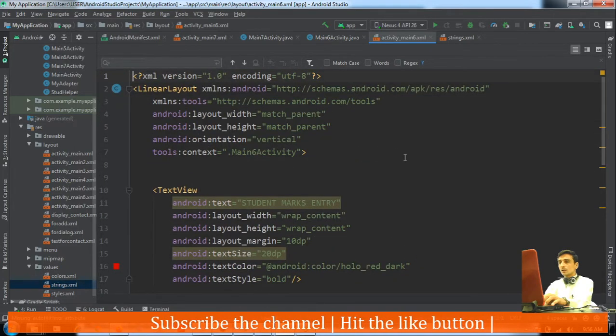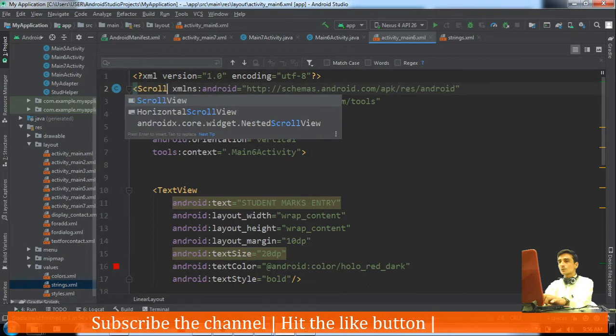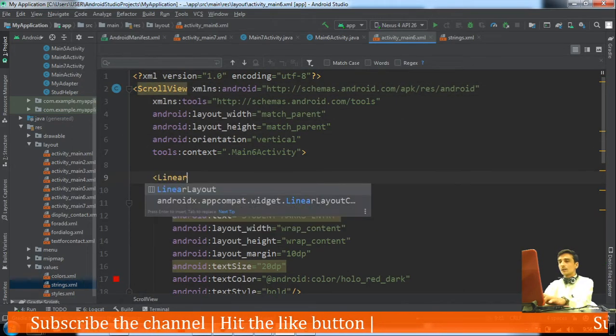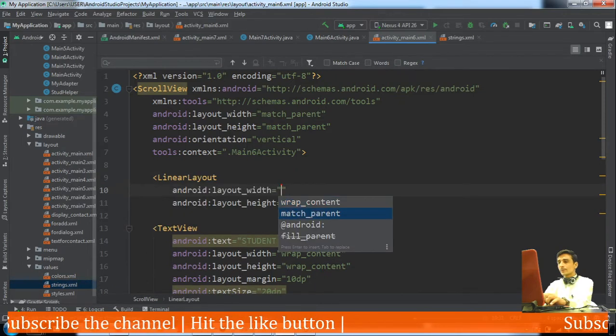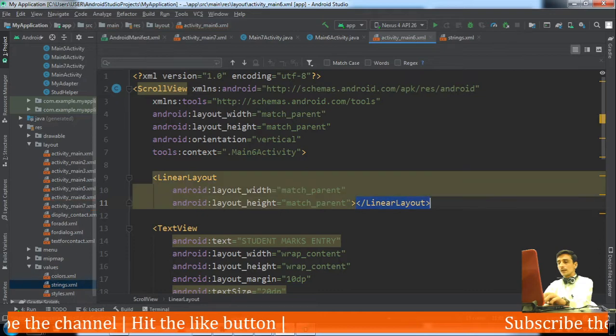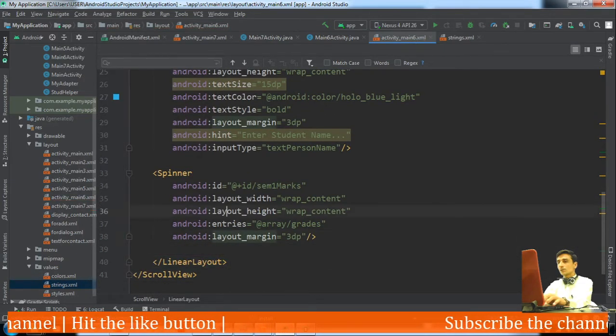First of all, we will put everything in this scroll view, then linear layout, match parent, and everything inside this linear layout.